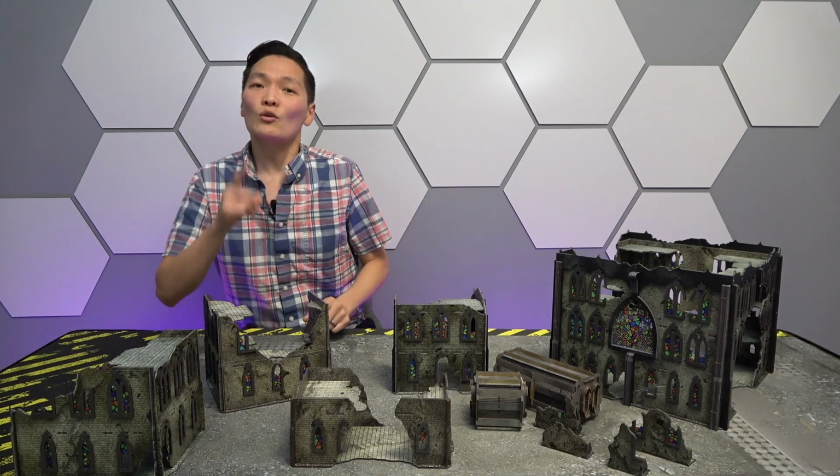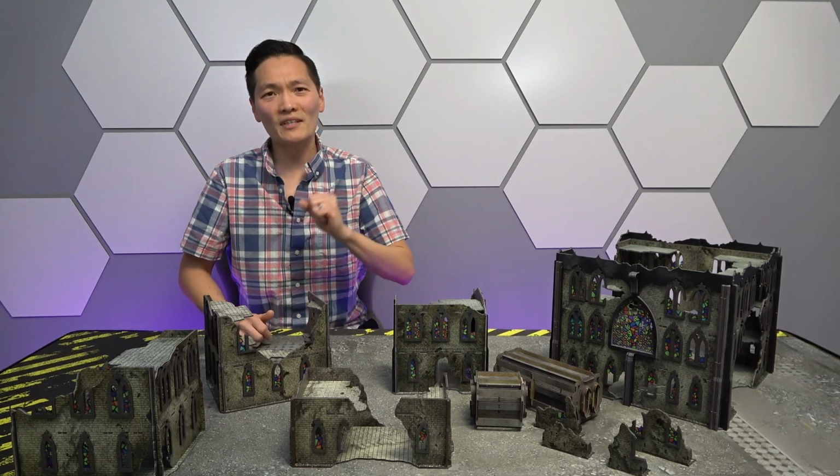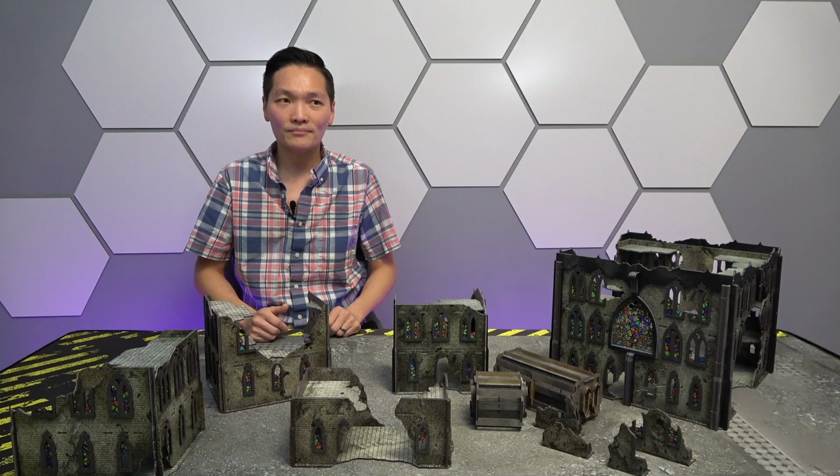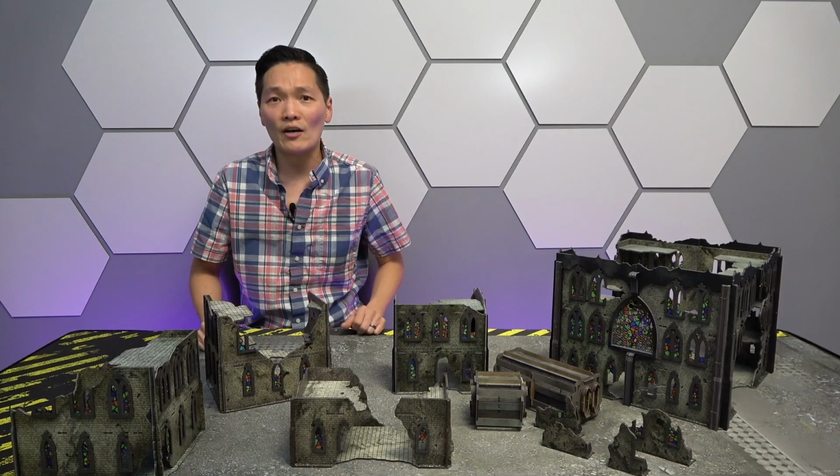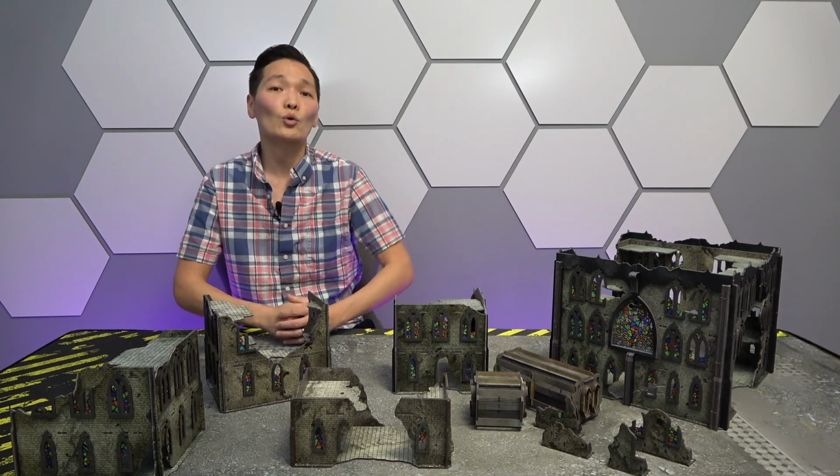Raise your hand if you have more unpainted models or terrain pieces. Models is another story. Raise your hand if you have more unpainted terrain pieces than you do have painted. Joking aside,